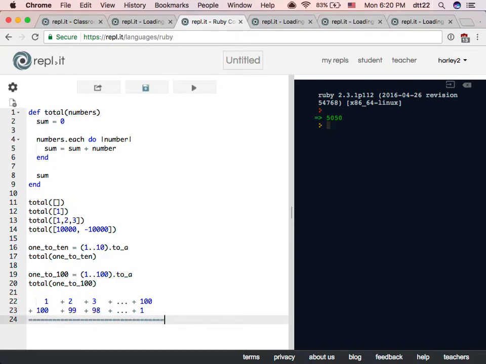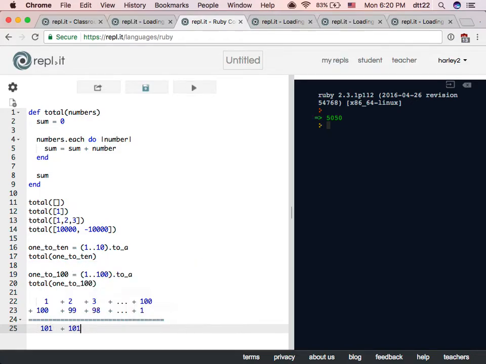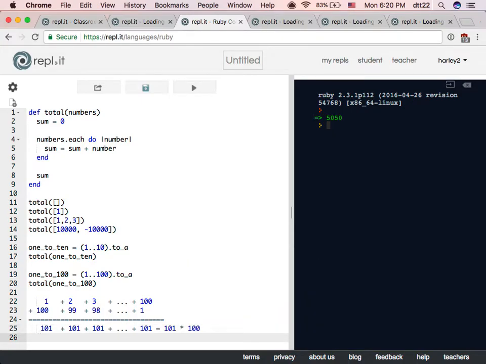Alright, so you get down here, you get up down here. You get 101, 101, 101, right? How many 101? 100 of them, right? So this will be 101 multiply how many? 100 numbers.